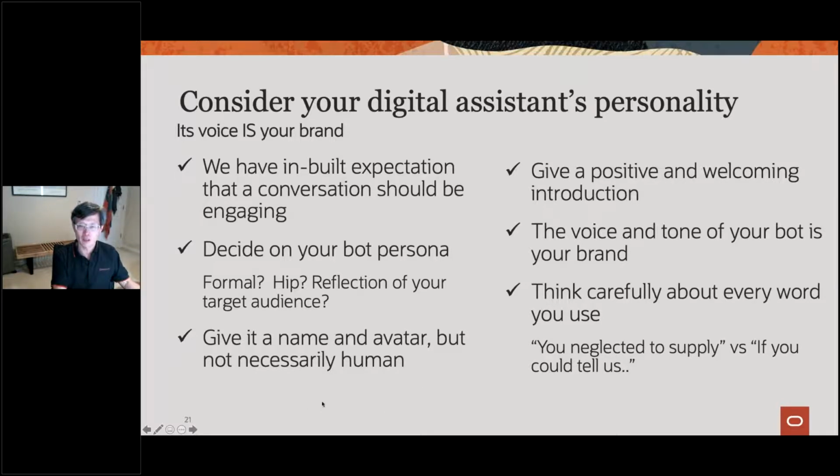Give a positive introduction. Consider the voice and tone of your brand, and also think about the words that you use. So, for example, in this example, "you neglected to supply the information." Well, that sounds kind of rude. The tone and the voice are quite important in terms of delivering a good user experience. So, for example,